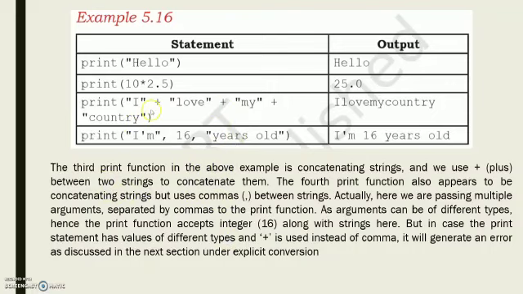So now look at this. We have the concatenating sign as plus and the result gives this without a space. And look at the fourth one here. I am, 16, years old. So now look at this. The space is added when we are using the commas. So instead of plus, a comma is used. If it generates an error, as used in the next section in the example, I will show you how it will then be displayed in the output.